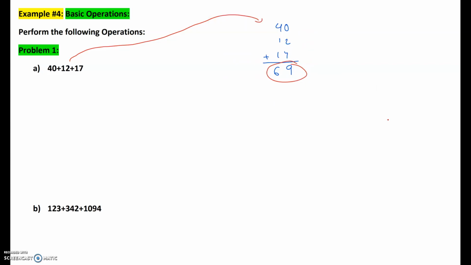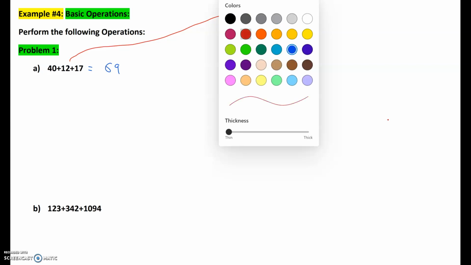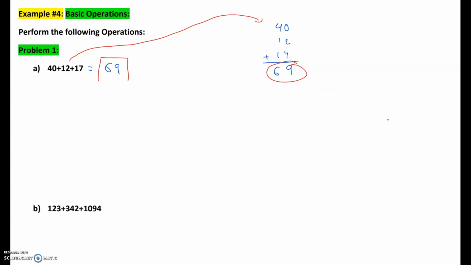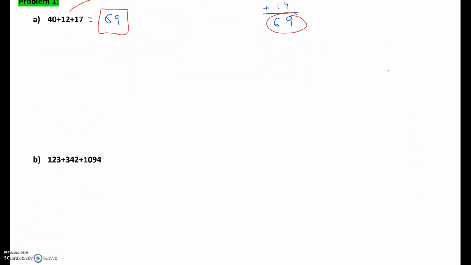So I'm just going to write it as this is 69. And let me box that answer. So the basic idea is that you're showing work as you're displaying the solution for these problems. Let's take a look at the second problem, and it's also a sum. So I'm just going to carry the work here, and we're looking at 123